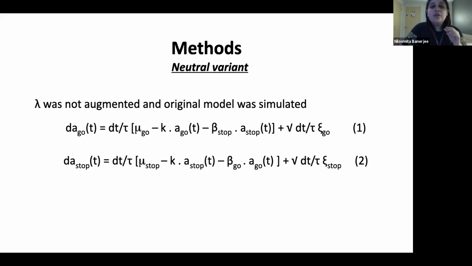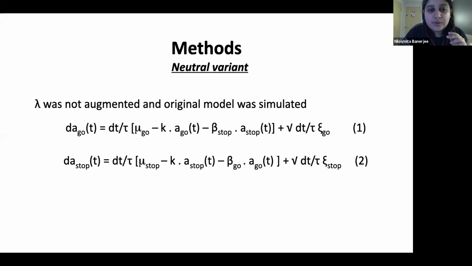Before starting to test the variations, we started with the actual model. This is the neutral variant. We called it the neutral variant because it was well simulating the behavior that we observe in a non-appetitive condition. So just to walk you through this original model a little bit,